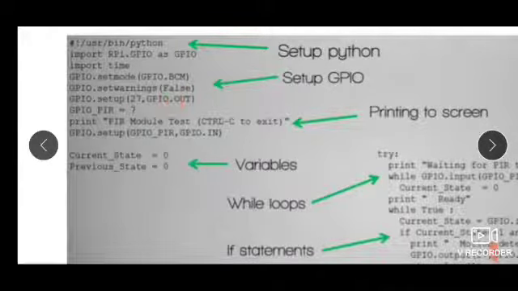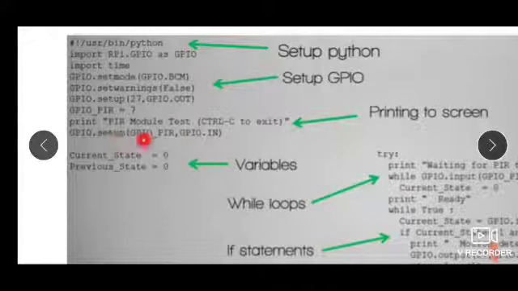Why we are using the LED here is, whenever a motion is detected by the sensor, the LED will also glow. So such a kind of program we are writing here. Hence this 27th pin LED connection is also made use of in this program. Then GPIO_PIR is a variable which is set to the value 7, the pin number. Then it will print PIR module test, Ctrl+C to exit. This is just a normal message which will be displayed on the screen.